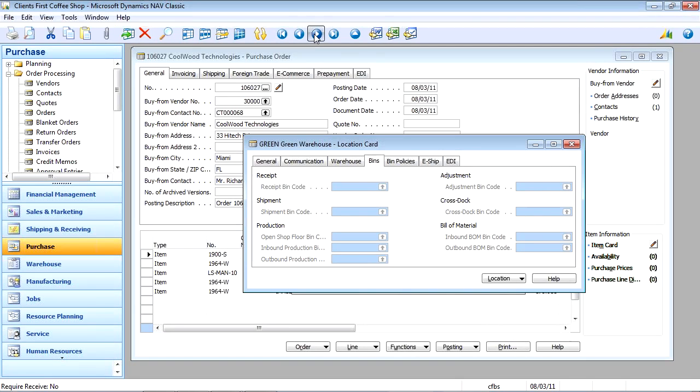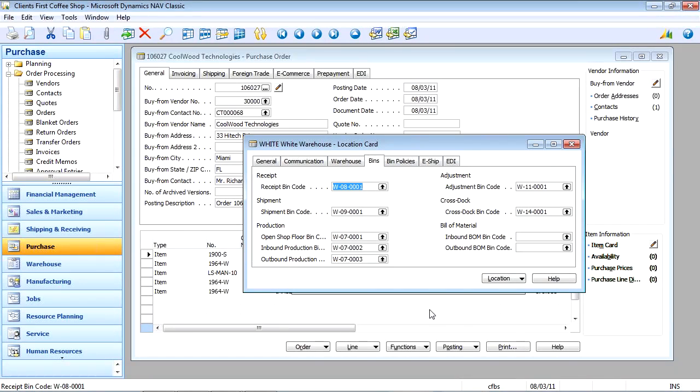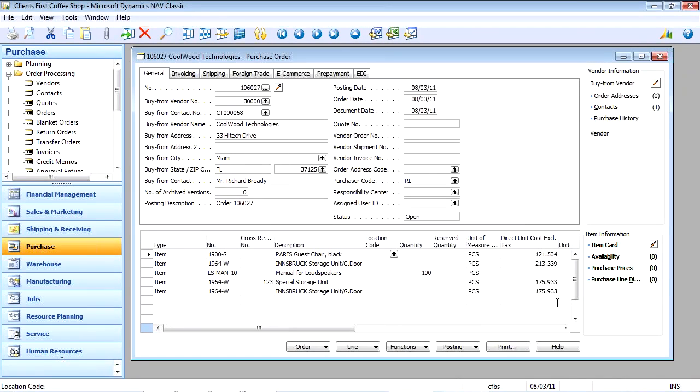If I was to look at another warehouse, like our white warehouse, it requires automated data collection. So handheld devices, picking, putting away, receiving. It directs where to put and it directs where to pick from and has default bins for all transactions that take place. Based on your organization's workflow, the purchase order location code drives the warehouse functions, where we might be